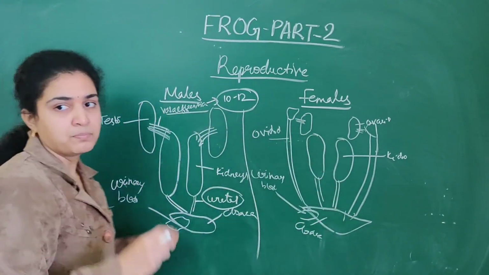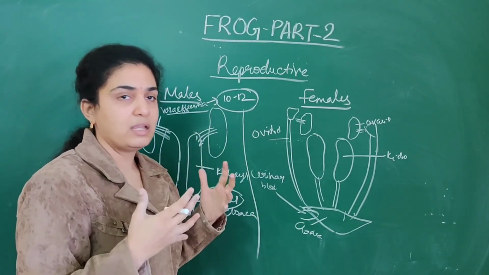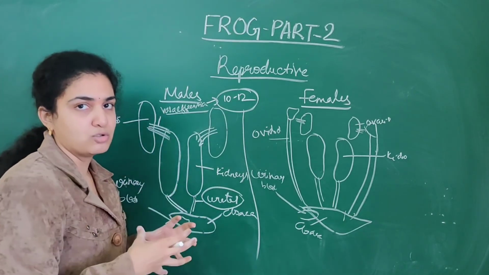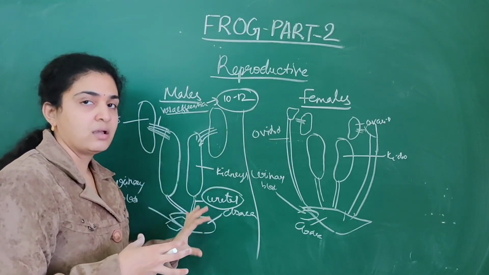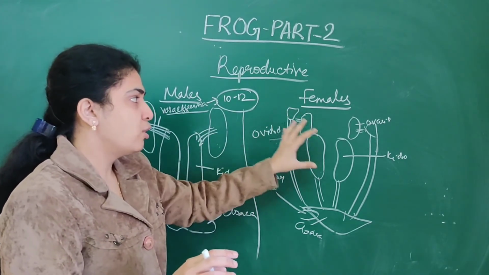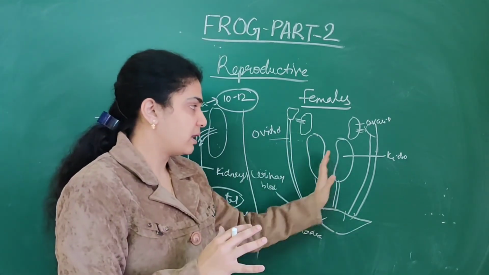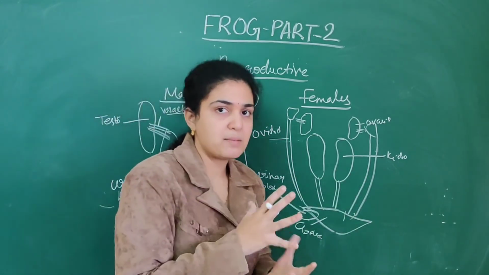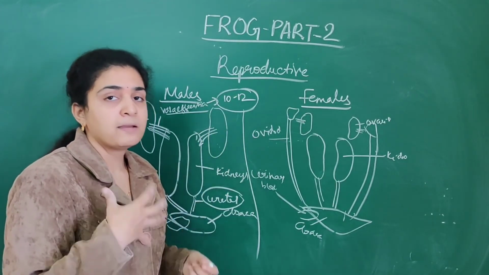So this is about the simple reproductive system of the frog. Only one point that is very important is in males ureter will act as urinogenital tract. Same testis, vasa afferentia, kidneys, ureter. Simply they will open into cloaca. That's the point. Here in females also, oviducts as well as kidneys, they will open separately. They are not in contact with each other. They will open separately. That is the main thing you should remember. So this is about the reproductive system of the frog.